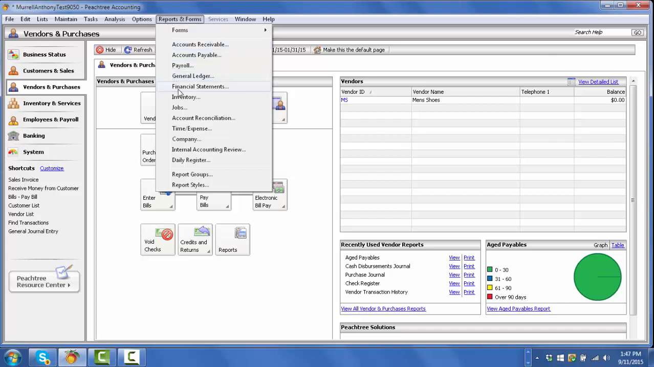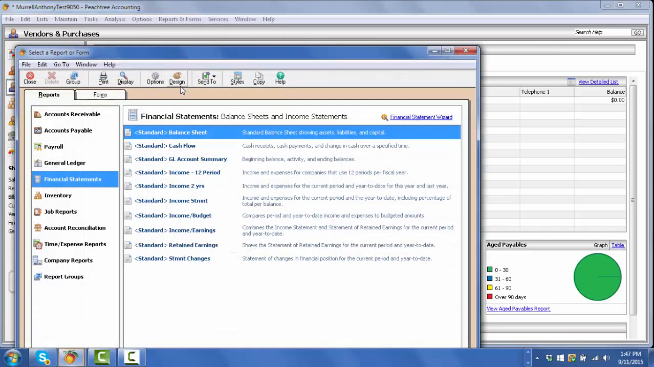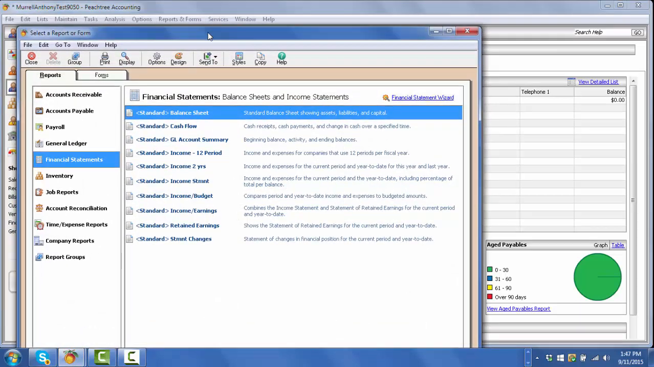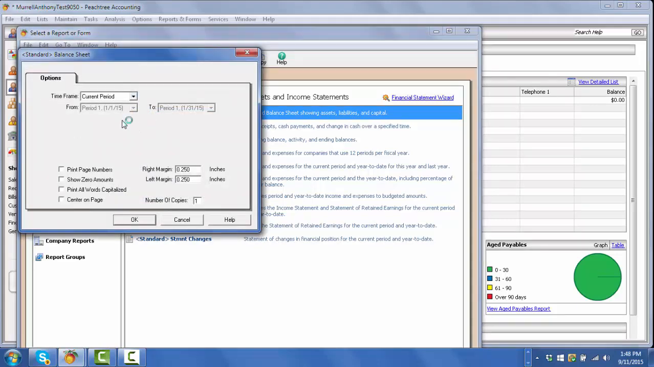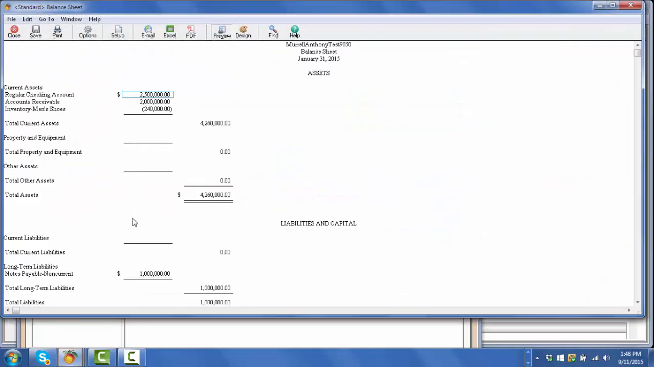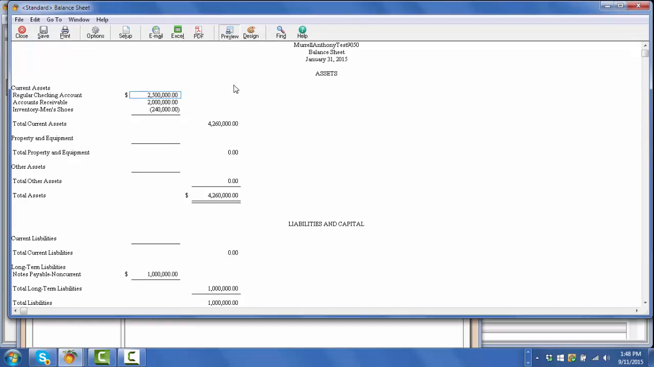So let's look at our financial statements. We can scroll down and go to financial statements. Let's say we want to look at a balance sheet. Double click on our balance sheet. We say OK, and there's our balance sheet at this particular time. We happen to be at January 31st, 2015. That's the period that we're in. That's where this was set up. So these are all the transactions that were made for this